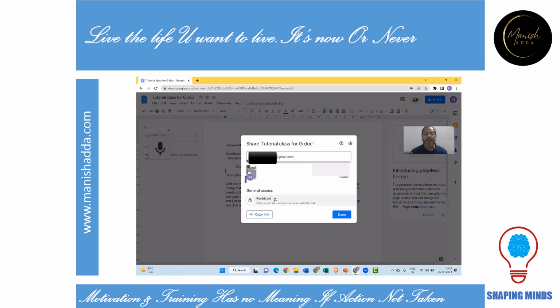If you see the access over here, it's restricted. It means the person will have only a view option, and it will restrict it to that person only. If you want anyone to have access, you can set it to anyone here. So I'll type